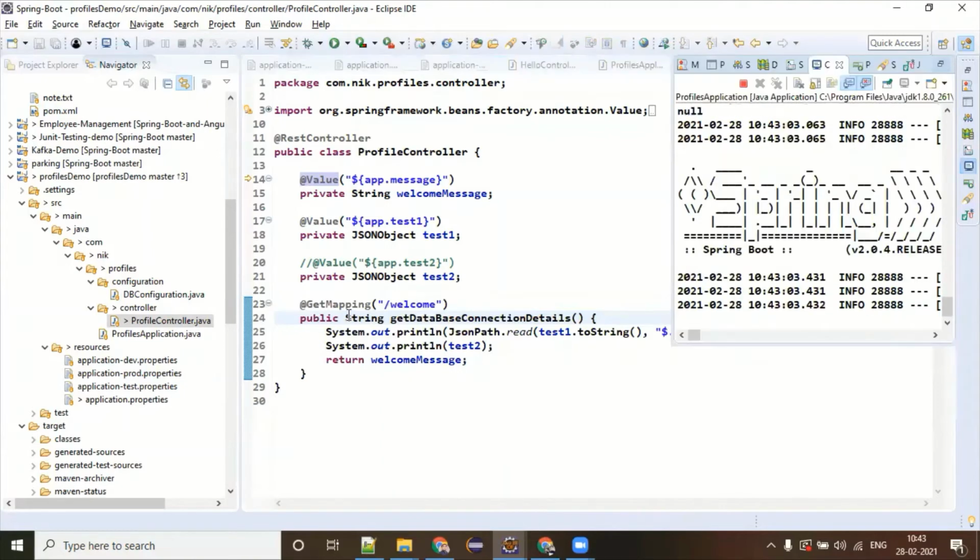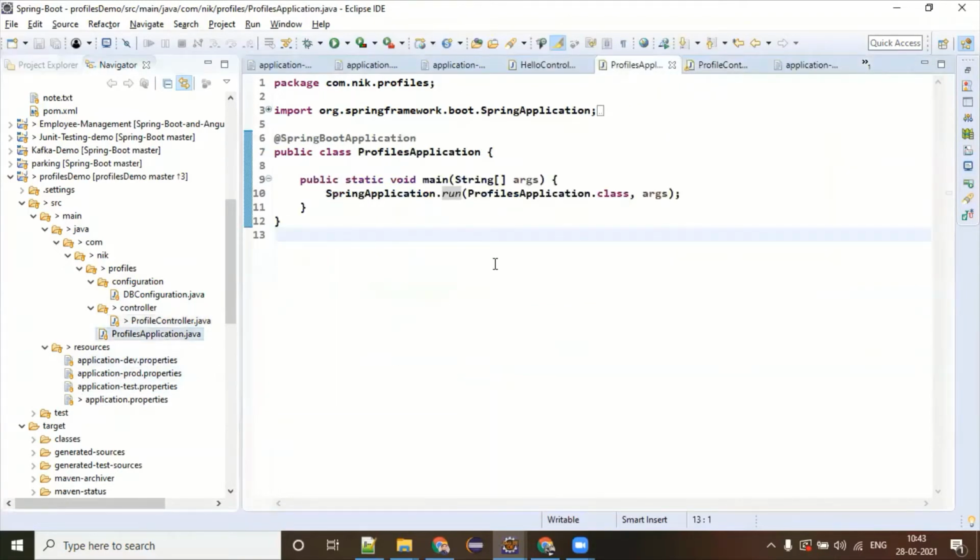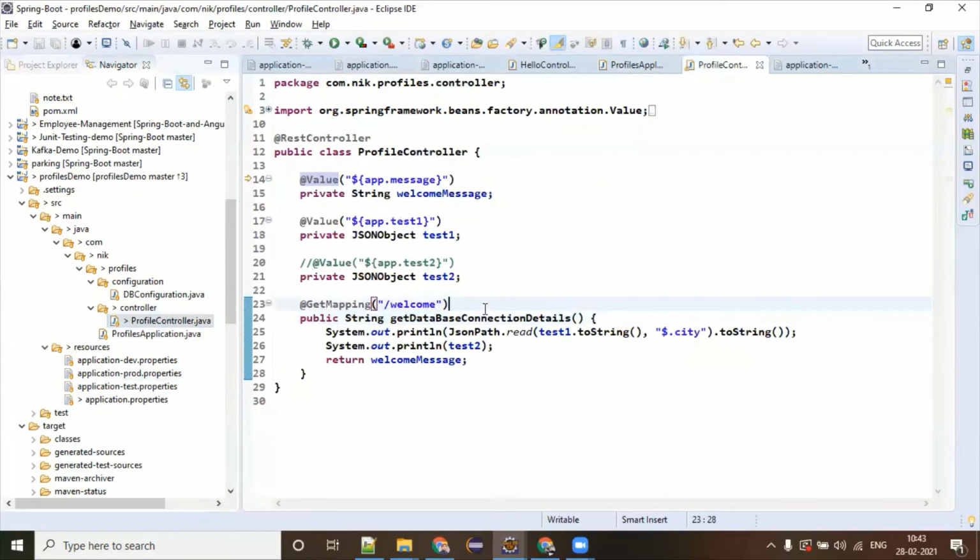Okay. And for the profiles application dot Java, if you can go there once. Okay, got it. But for even the profile controller, I thought we would need a REST controller. This is another API. Okay, got it. You got it right. So this is how the profiling is working.